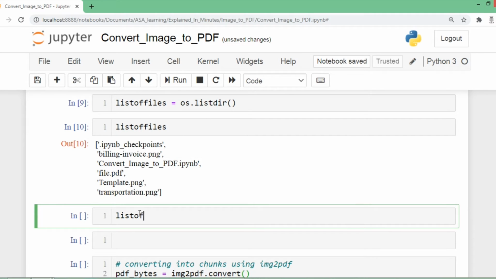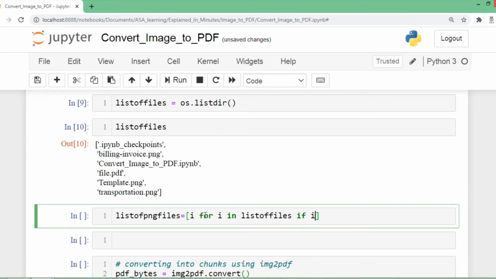To filter, I am going to name another variable list_of_png_files. We are going to deal with only PNG files here, so that should be a list. Now it's really simple. We will iterate the above list, in list_of_files, and we will write an if condition here.